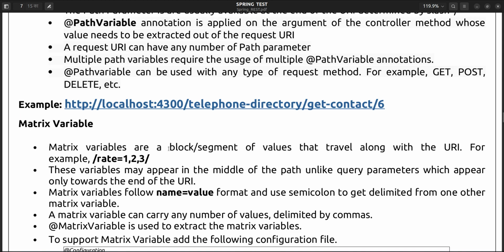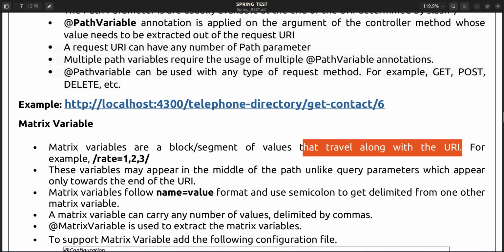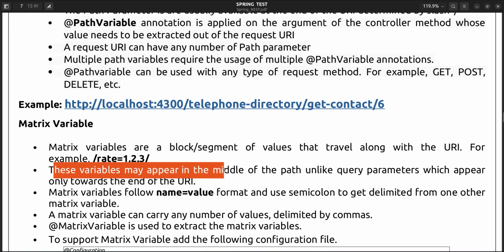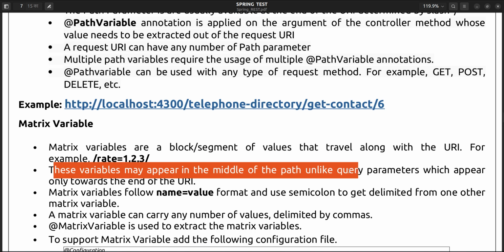Matrix variables are a block segment of values that travel along with the URI, for example this one, like rate 1 2 3. These variables may appear in the middle of the path, unlike query parameters. A query parameter should be present after the URI, but a matrix variable can be present inside the middle of the path also.